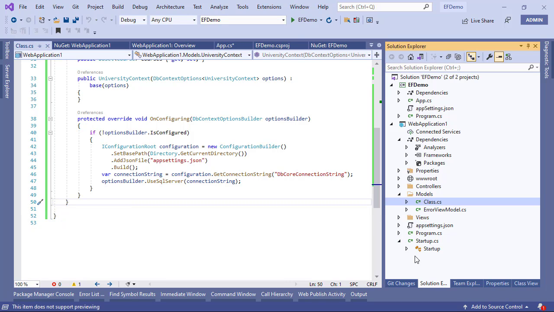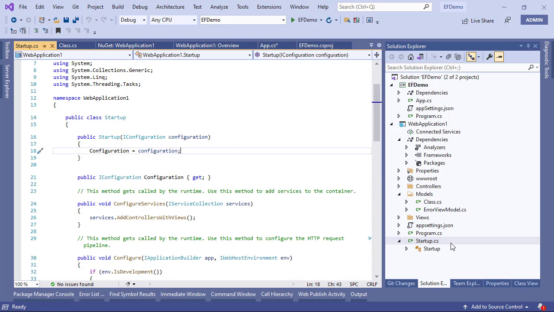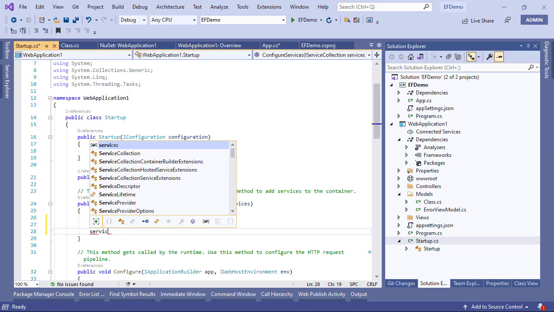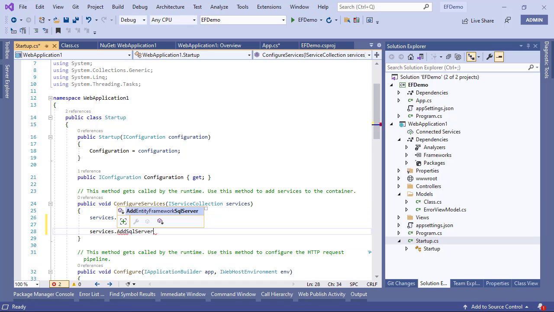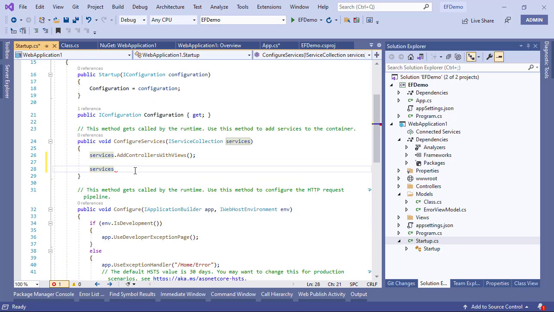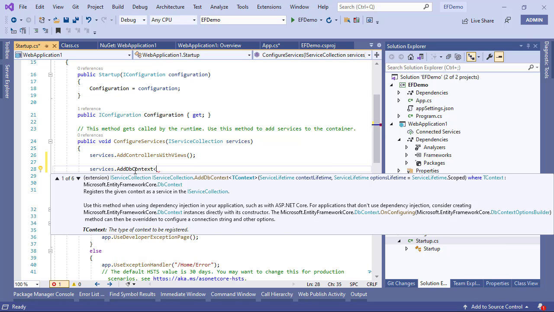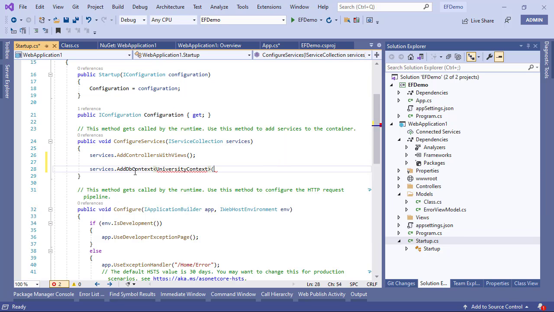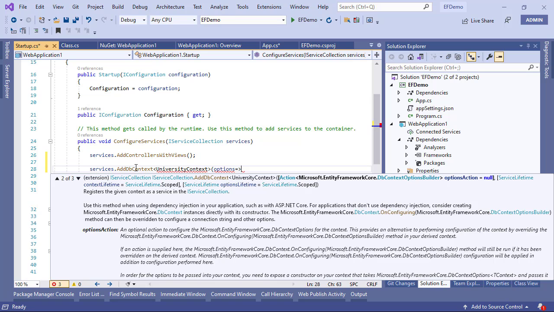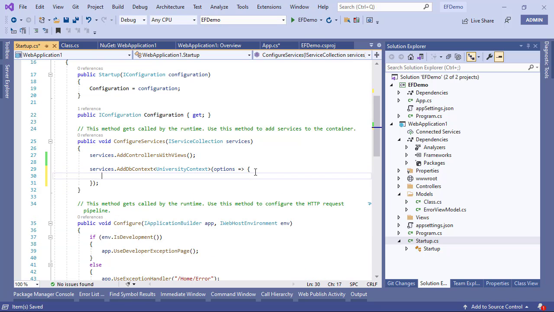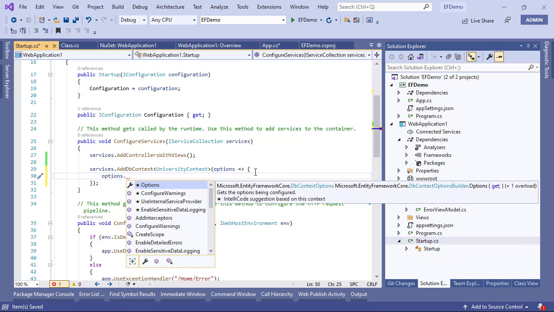Now when we added the NuGet package, we have an option of configuring the SQL Server through these services. I'm going to say add SQL Server. Dot add DB context, university context. And probably this is going to take a couple of options. So in the options for university context, I might have to add a reference. And these options are going to be options dot